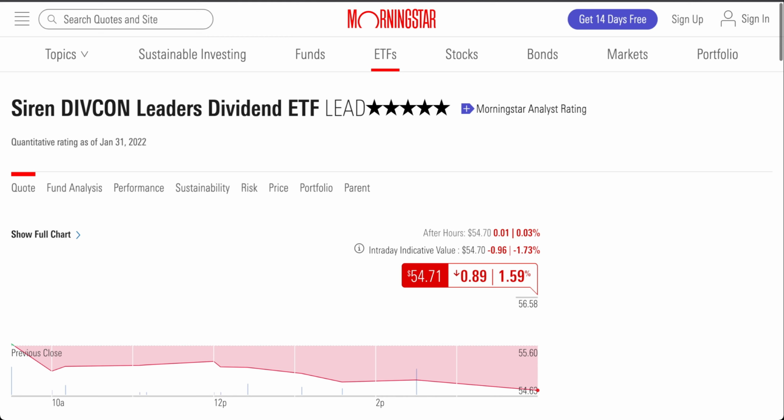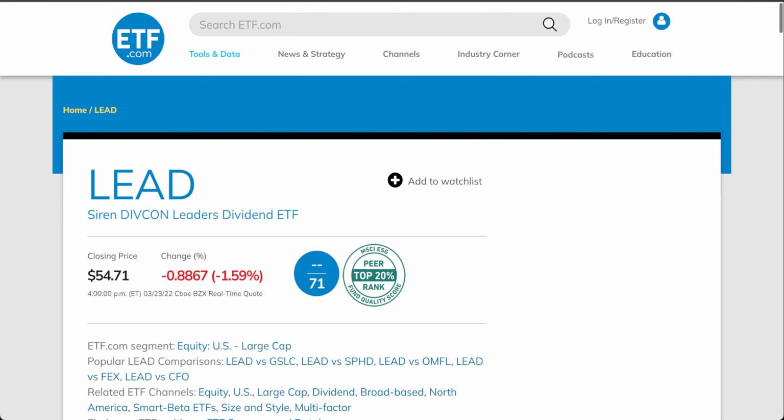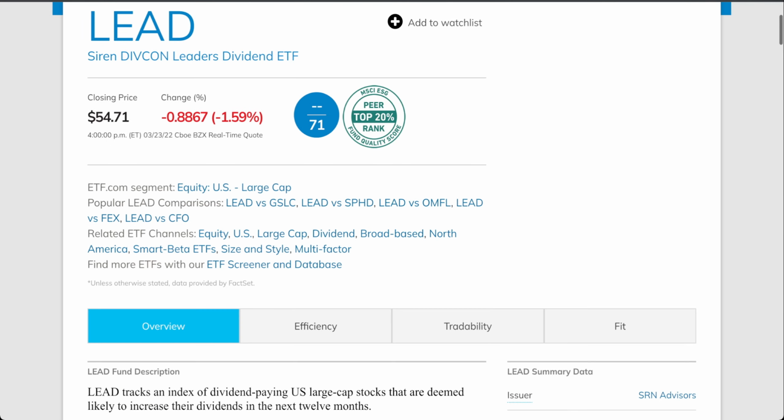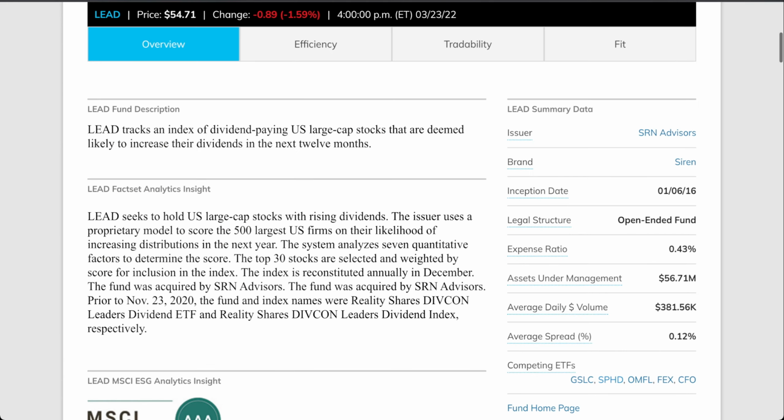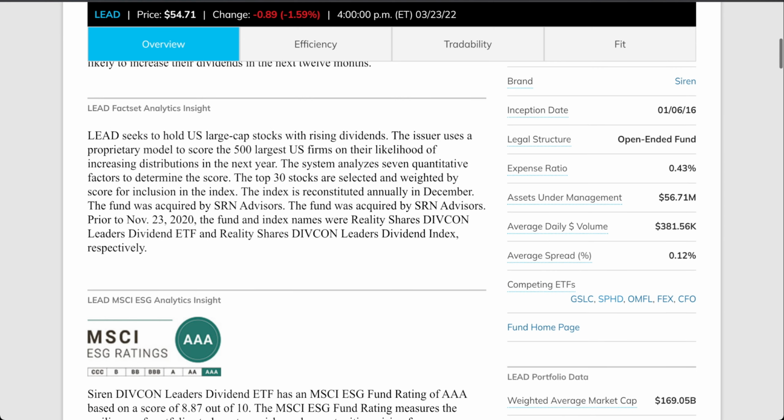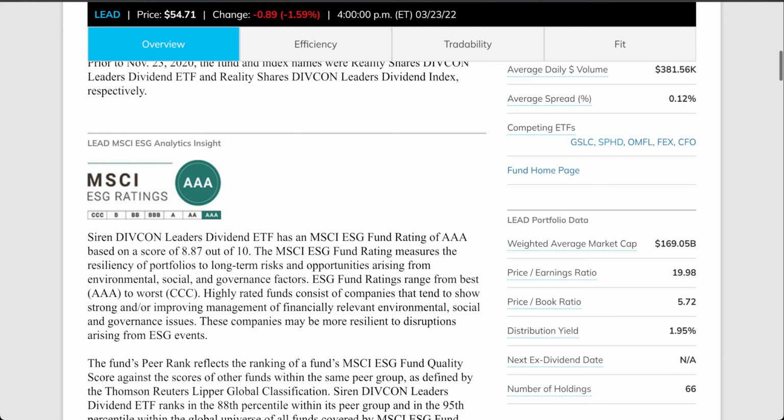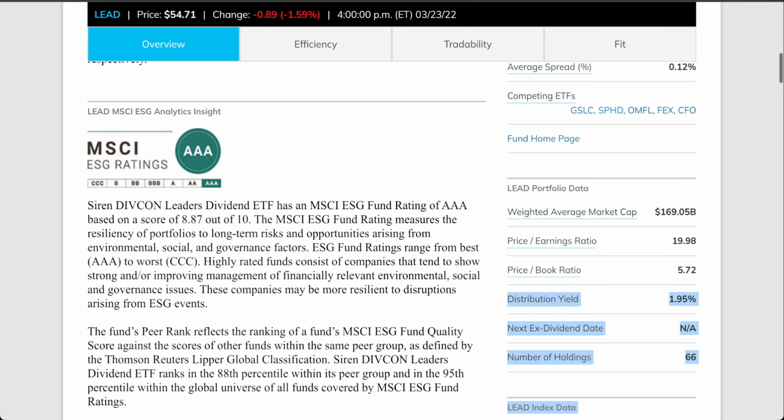Morningstar gives this ETF a 5-star rating, while ETF.com considers this ETF in its top 20%. I was actually surprised to see this ETF getting such good rankings and ratings and still being such an unknown ETF. It has a relatively higher expense ratio of 0.43%, which may justify the effort the ETF is putting into big quality stocks. Given it's a pretty much unknown ETF, it even has a lower assets under management of just about $57 million. It has a yield of 1.95%, which is on par with what we get for DGRO and